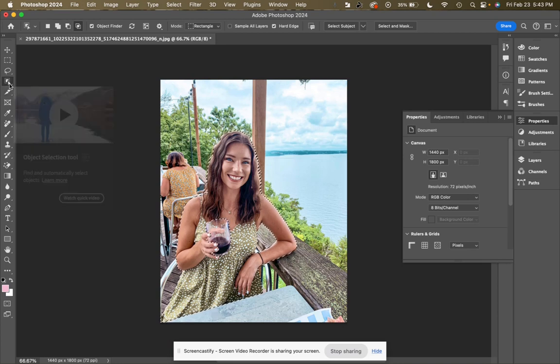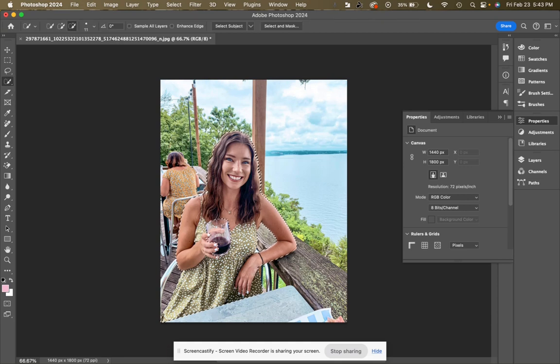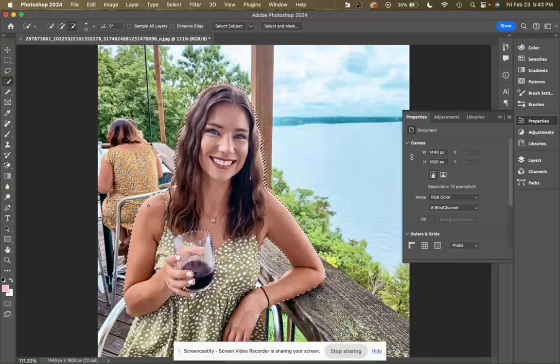I wonder if I switch to quick selection tool and I'm on subtract. So let's try to get rid of this. It's not bringing it in. Let me zoom. Nope. And actually over selected. Okay, well,